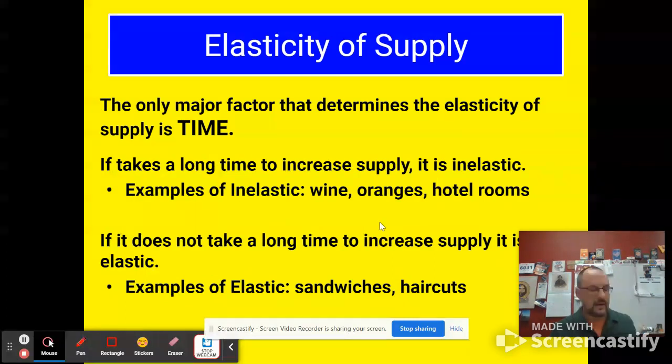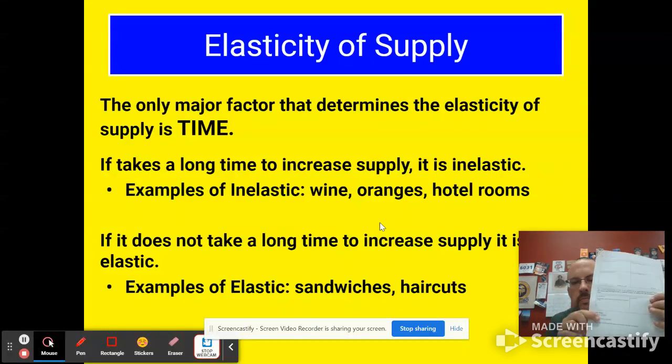One is elasticity of supply. You can just put this on your paper here. Oh, on the bottom, other notes, sorry. Down here, it says define elasticity of supply, and then what is the only factor that affects this product's elasticity of supply. So basically it's time. You can read this. You may want to pause the video here and just write that down. You'll have a question on the quiz and test about